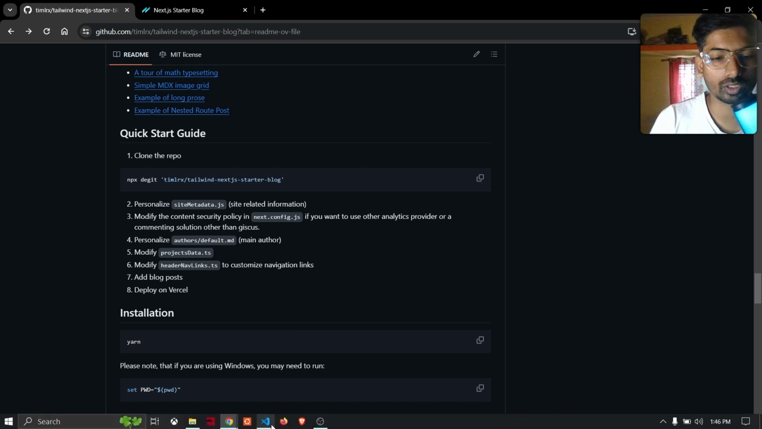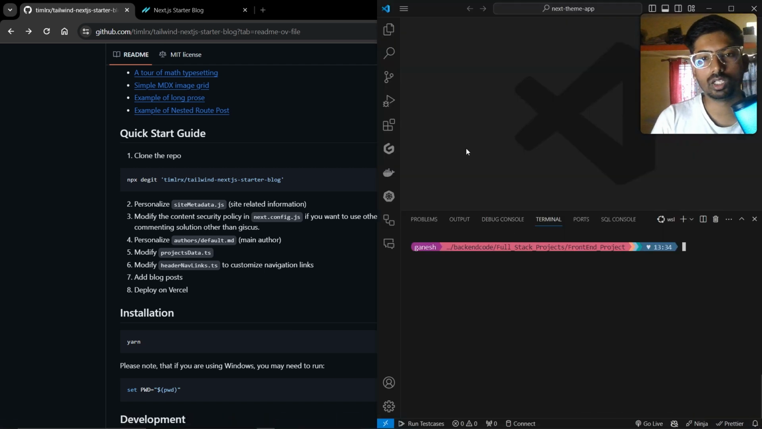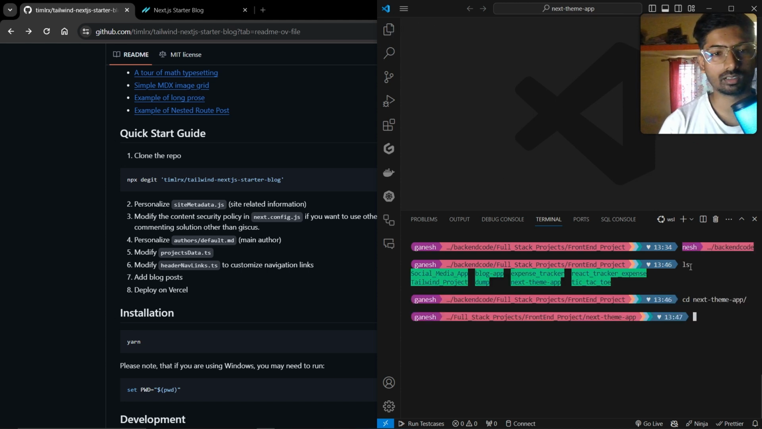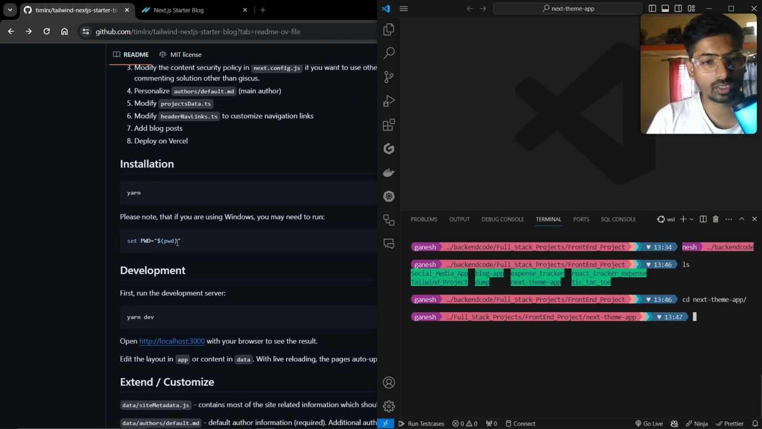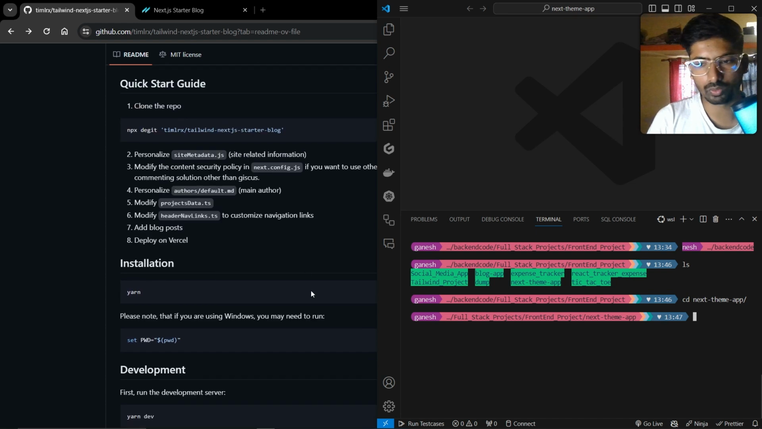Go to your VS Code and open it. In VS Code, I already created a project folder, so I am simply adding this repo link to my terminal. And one more thing, if you're on Windows, you need to set up the set pwd command, which is the next one. Once you have a folder, go to that folder, copy this URL, and paste it into your terminal